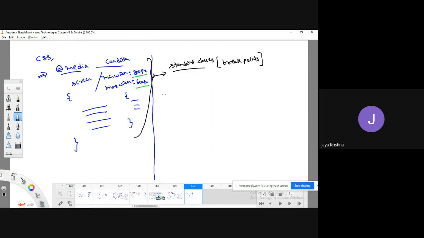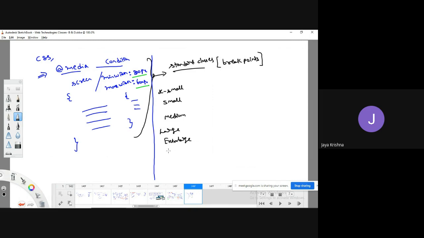The screen size may be extra small, or a normal small, or a medium screen, or a large screen, or an extra large screen.